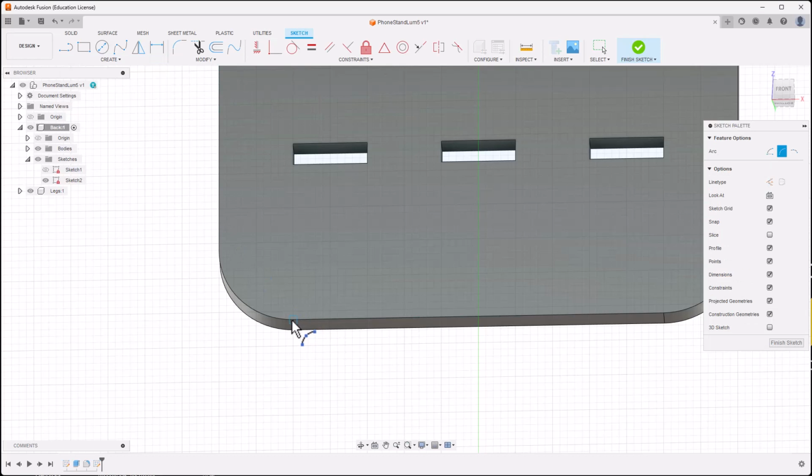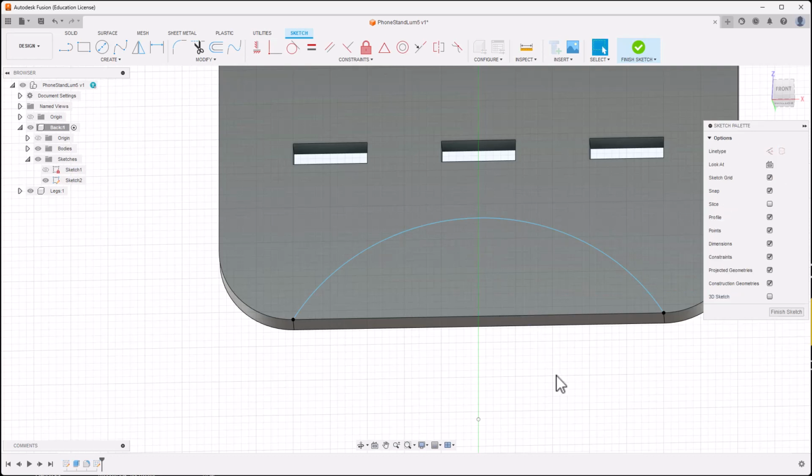And then where I'm going to take this arc to and from, it says place start point. I'm going to start on the end of this fillet. There's a little line there. You can see that. And now it's saying place end point. So I'm going to go down to the start or the end of this fillet, depending on how you conceive of it. And then I'm going to dimension this in a second, but right now I'm just going to hover on this center line and click somewhere, hit escape, then hit my D key again and click that arc,